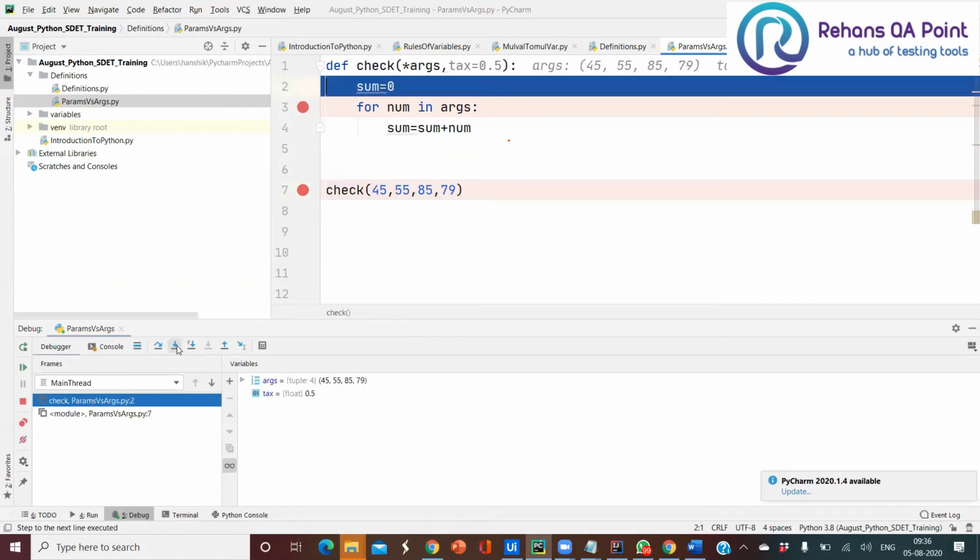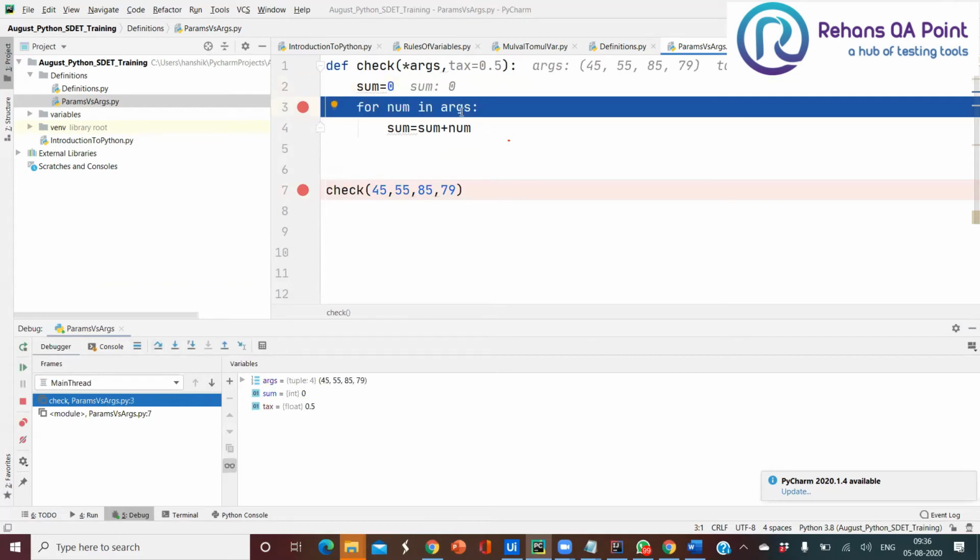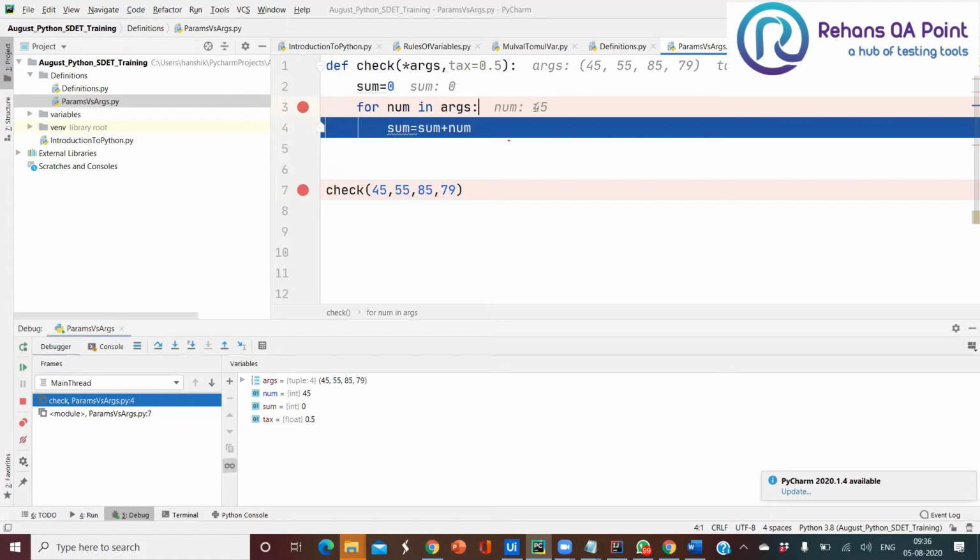We came to the definition here, and I don't know the initial value of the sum, so I make it 0. Now, in these arguments we have the list of elements available. This is the tuple I told you about. I'm going to pick the first number, which becomes 45. Already sum is 0, and the number is 45.